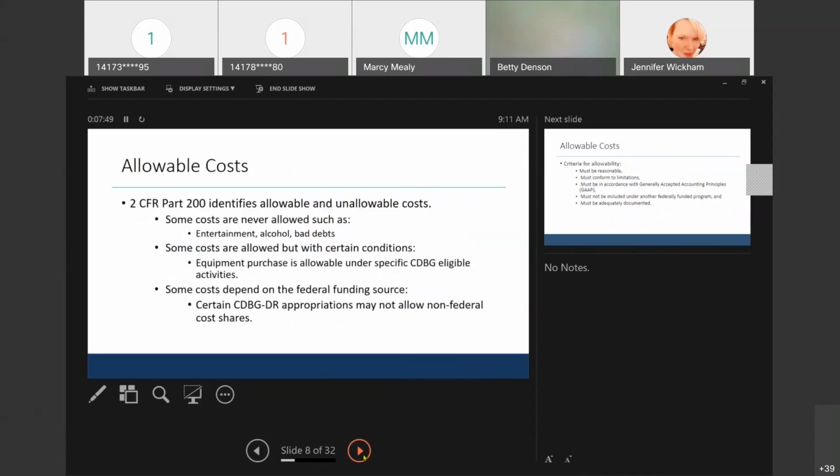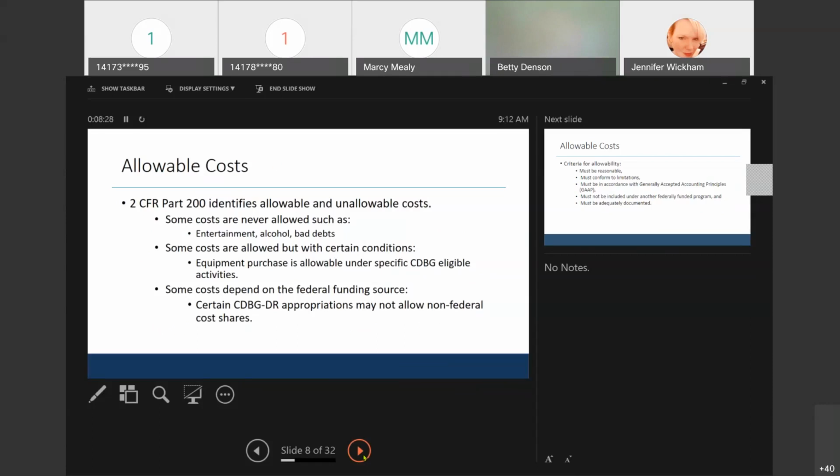So 2 CFR 200 does identify allowable and unallowable costs. Of course, as you know, there are costs that are ineligible no matter what type of activity is being delivered with CDBG funds, and these costs are outlined in our policies and procedures. They are also identified in 2 CFR Part 200, but some costs that are never allowed include entertainment, alcohol, bad debts. Some costs that are allowed, but with certain conditions, are an equipment purchase, such as firefighter equipment